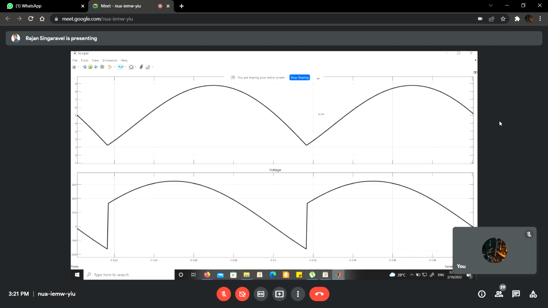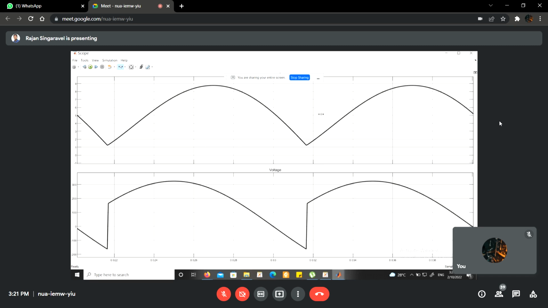So when you have an average voltage as negative, when the firing angle is greater than 90 degrees, then the full converter is said to have an inverter operation. Inverter in the sense, don't get confused with the DC to AC inverter. Inverter in the sense, power is inverted. Power is flowing from the load side to the source side, which is unconventional because we expect power to flow from source to load. But in this condition, the reverse will happen, and we say that the full converter is working in inverter mode. And this inverter mode is applicable only for